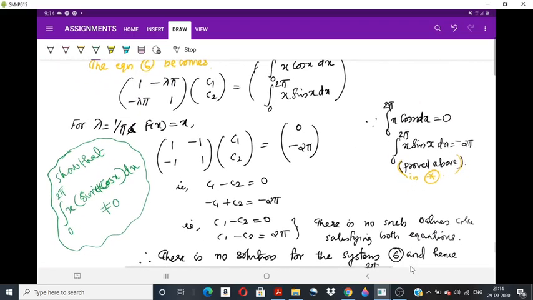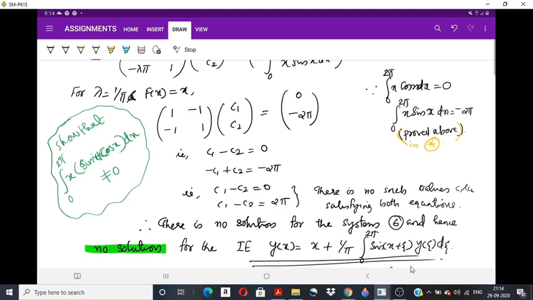Okay, so the three parts are over, three problems are over. There are many similar problems in the exercise, with k of x, theta as cos of x plus theta, like that, which can also be done by the separable kernel method for the Fredholm integral equation. So try to do all the problems. Okay, thank you all.